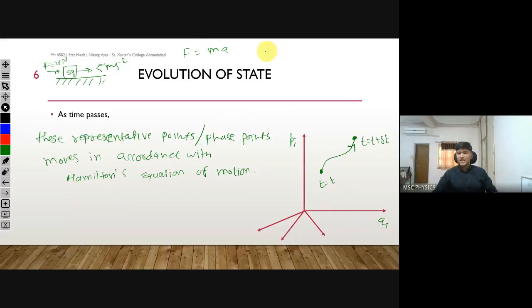Now this Newton's law can be changed into some differential equation, d square x by dt square, which shows the trajectory of this particle, how this particle will move as time passes. So Newton's law gives us that. But these Newton's laws are good for Cartesian coordinates. They can be applied for spherical and cylindrical coordinates, but the mathematics is really difficult. Also, we have to talk about vectors in Newton's laws of motion. This force is a vector, this acceleration is a vector. So we have to talk about vectors, and it makes our life difficult.